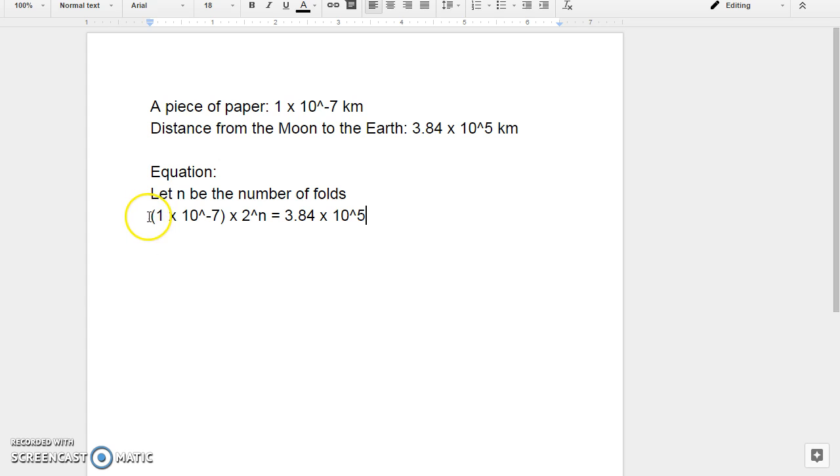So this is the equation to find the solution to all you need to find. If you want to find the number of folds, all you need to do is find n. So to solve for 2 to the power n, you first have to isolate it. 2 to the power n equals, you bring this whole thing to this side and also change the sign, which is divide. 3.84 multiplied by 10 to the power 5 divided